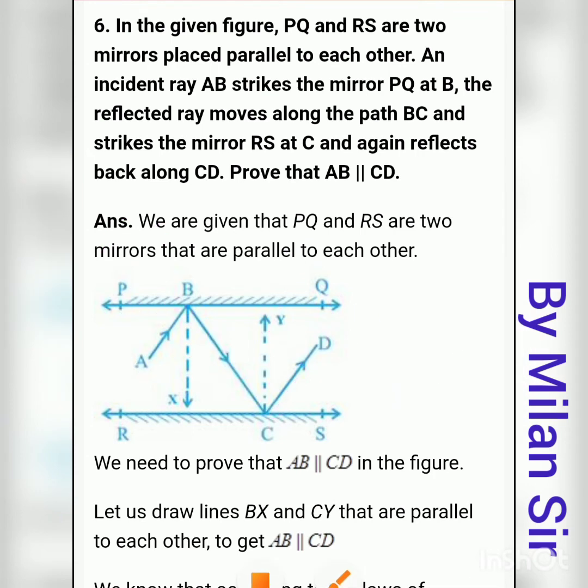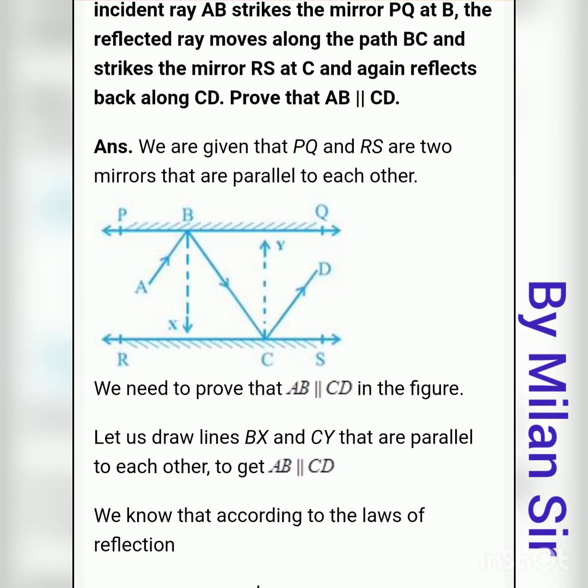So first of all, from B draw one perpendicular line, and from C draw one perpendicular line. That means a 90-degree angle, and here also draw one perpendicular ray which makes 90 degrees. This is our construction work. This is not given in the question, but we need to construct it. So we need to draw these perpendicular lines from point B and from point C.